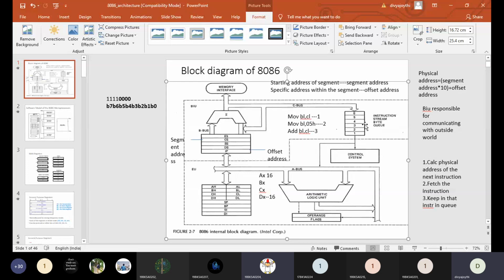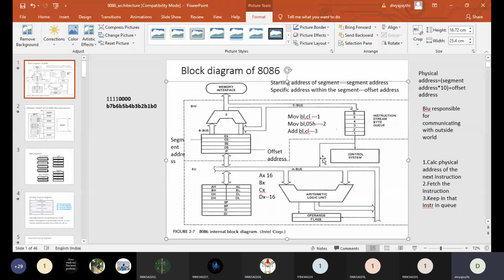No, ma'am. Why? The first instruction is executed. Now the second will come to 1, the third will come to 2, the fourth will come to 3. Then this top place will be empty only, no? It is going to be filled up with the next instruction.